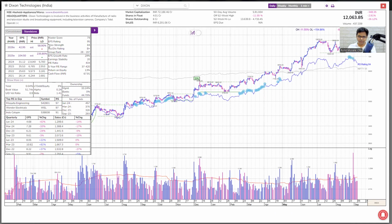Let us begin with price strength. Price strength 84. What does this mean? This is a ranking 84. What this means is that the price, the 52-week performance of Dixon Technologies has been better than 84% of all the stocks in the Indian stock market on a 52-week performance basis. This is important. So what they are doing is basically they are taking the company, its 52-week performance, and comparing that performance with the performance of all the other stocks in the Indian stock market. So 84 means Dixon has done better than 84% of all the stocks in the Indian stock market on a